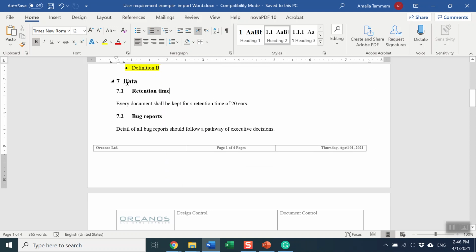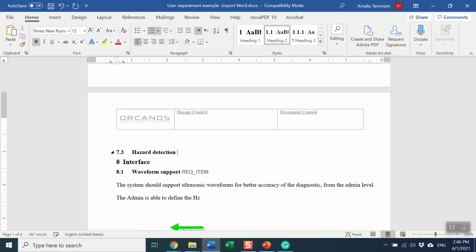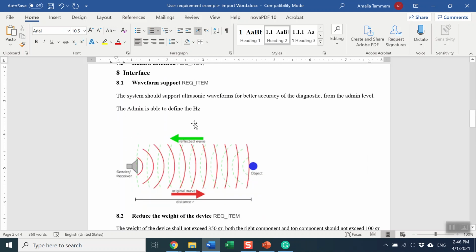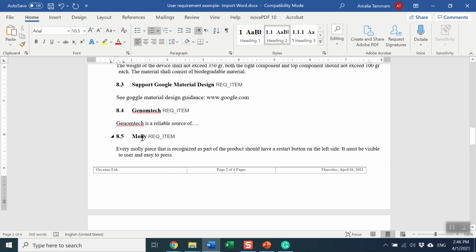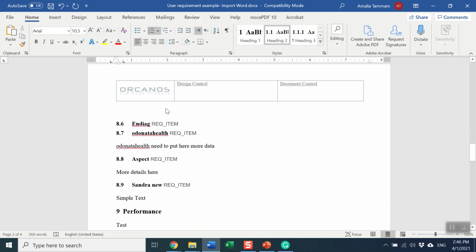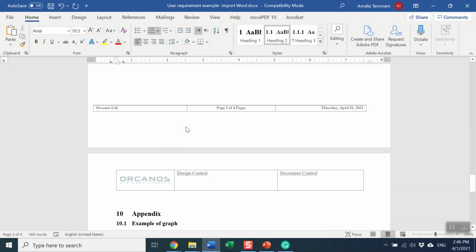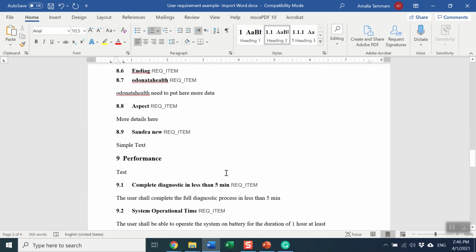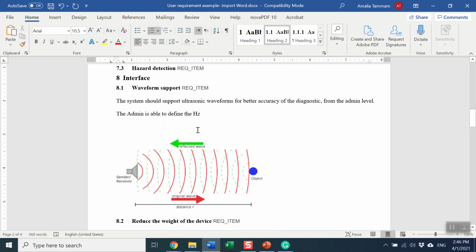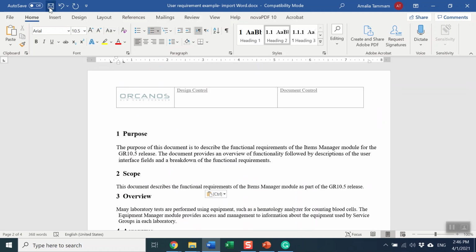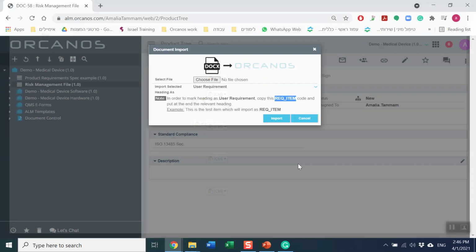Now going back to my Word file, I'm going to scroll down and show an example where I am adding, for retention time, a type of, I want this to be a user requirement. So I am adding the correct code to the end of the heading. So these will all be imported as requirements. The rest of the document has been pre-prepared, but just so that you can see, there are different user requirements throughout the document. Some can have photos or graphs, and you'll be able to see the difference of import once we complete it. Now that I've finished reviewing my Word file, I will save it and exit.